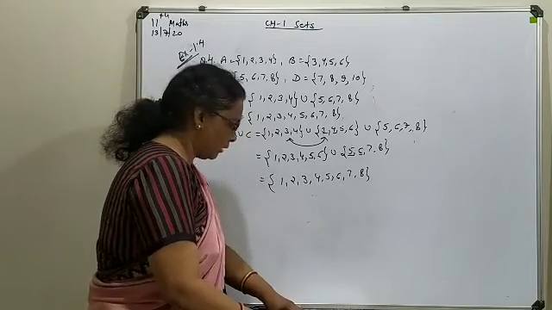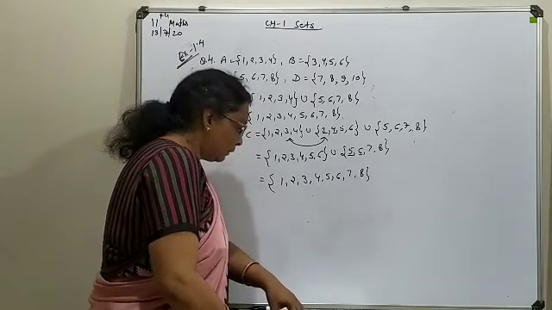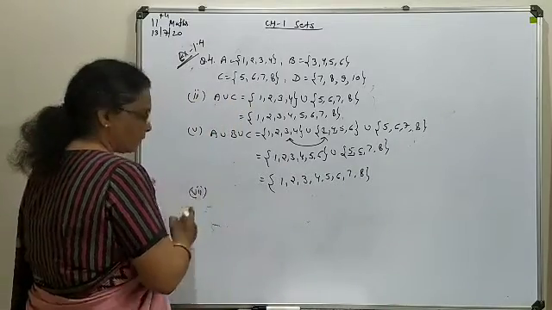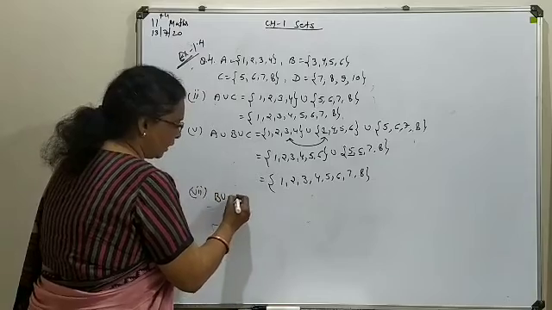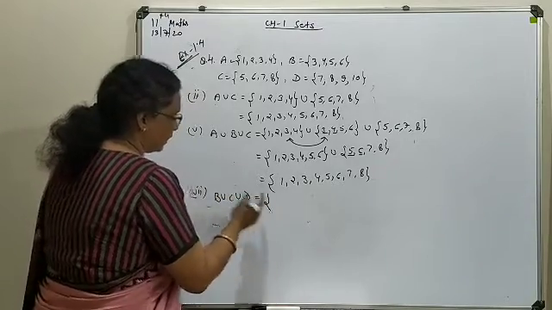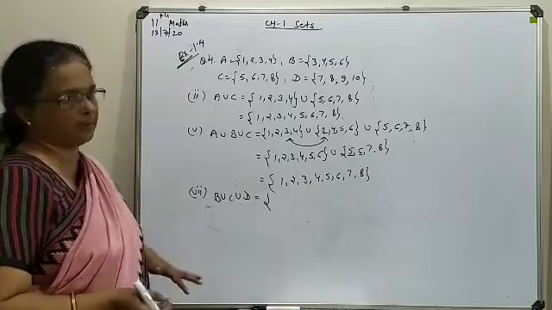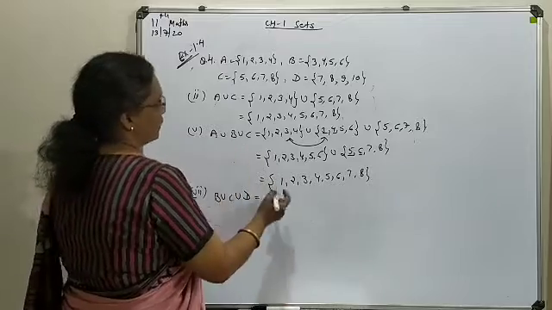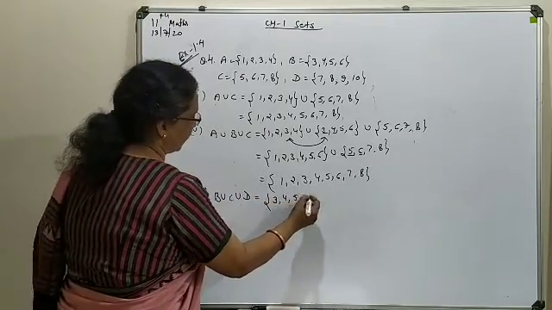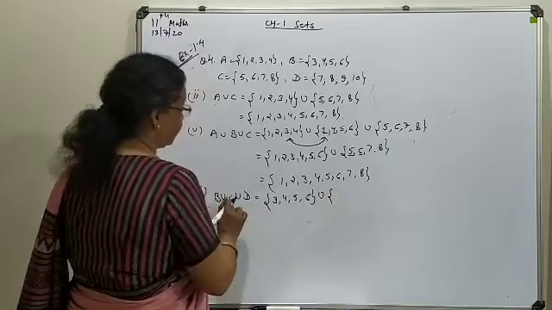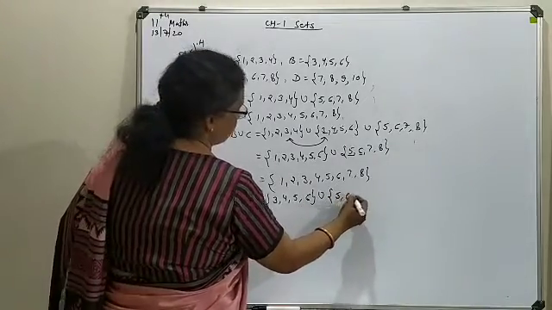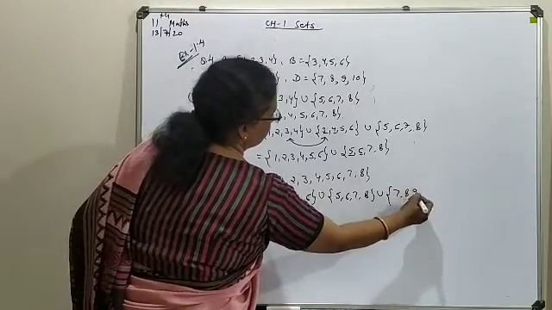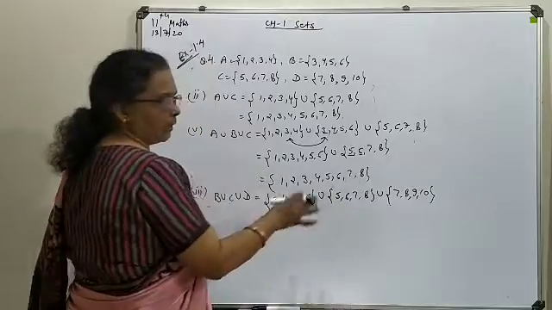Now one more combination, that is the last part of this one, the 7th part, in which we have to write B union C union D. These are very easy questions. Only the elements are to be combined. So you can write the whole solution easily. This is 3, 4, 5, 6, union with C, that is 5, 6, 7 and 8, union with D, 7, 8, 9, 10. Any 2 you can combine first.